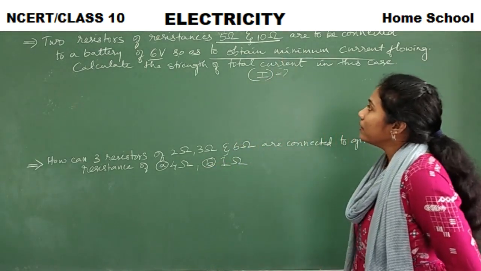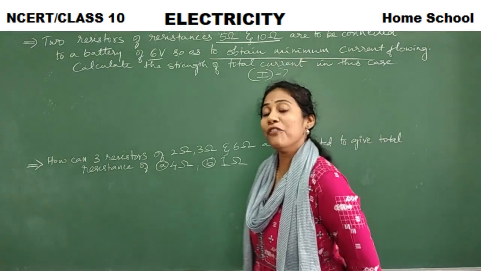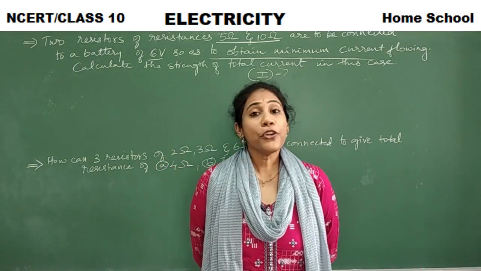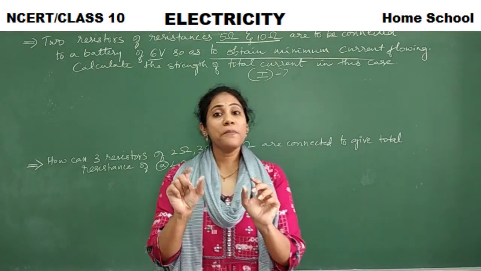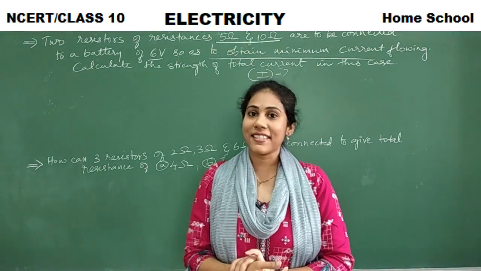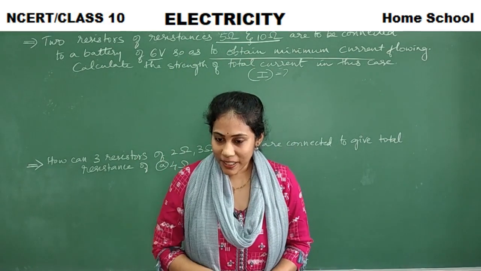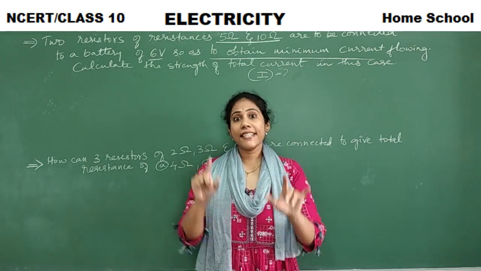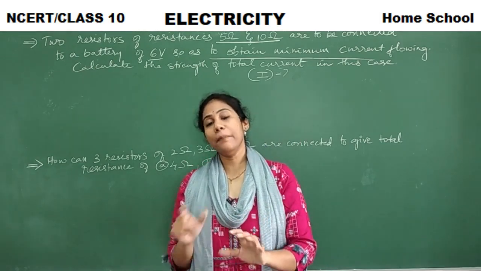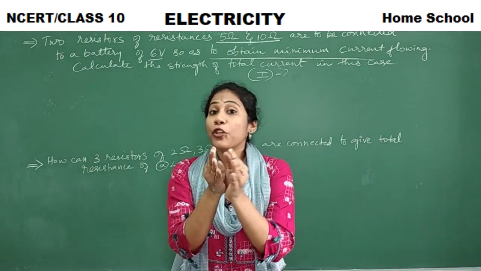See the clue here. They have said obtaining a minimum current. When do you have less current in a circuit? When there is more resistance. So in which combination you observe more resistance in a circuit compared to the individual resistances? Series, isn't it? See, I discussed in the last video very clearly. Total resistance in a series is greater, whereas in parallel, total resistance is minimum. When there is a total resistance very much high, current flow is less.